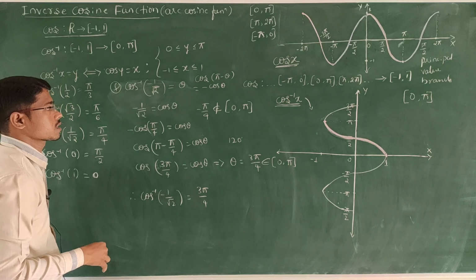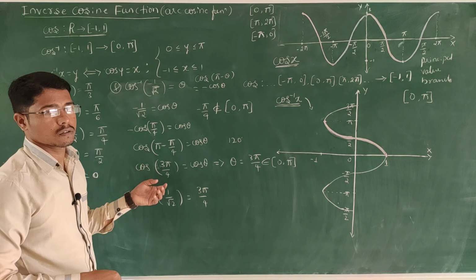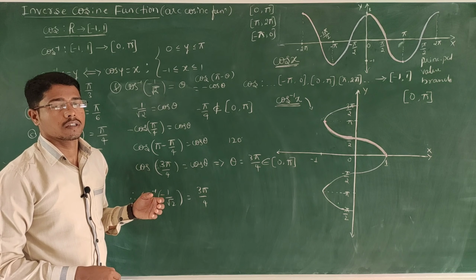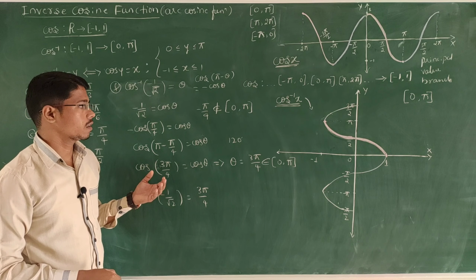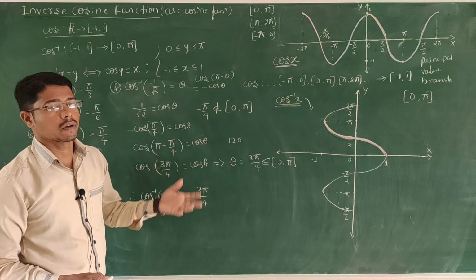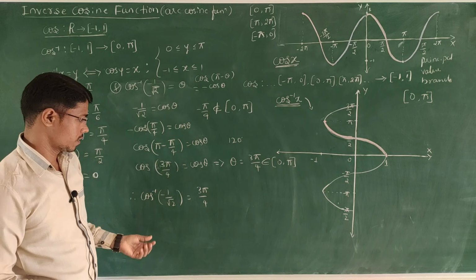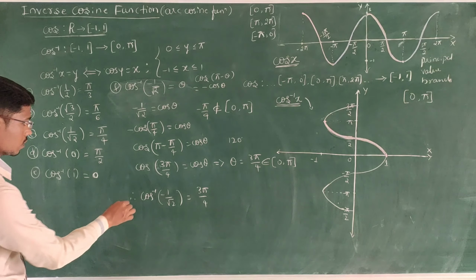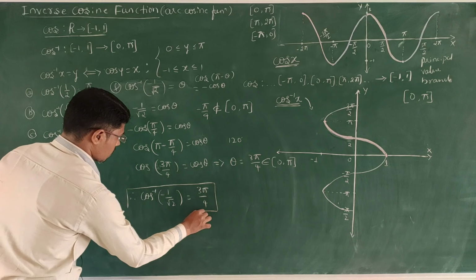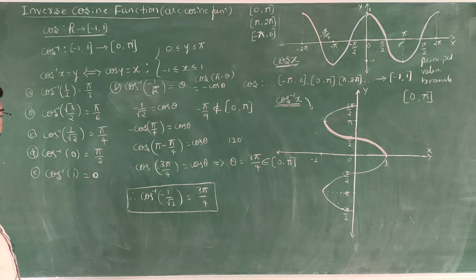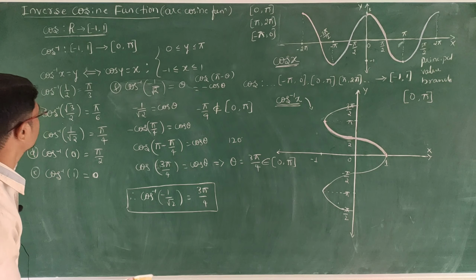So whenever they ask the question, write the value of cos inverse, you should write the value that is present in the principal value branch, that is 0 comma pi. Okay, 3 pi by 4 belongs to this 0 comma pi. This is the answer. Okay, see one more example like this,